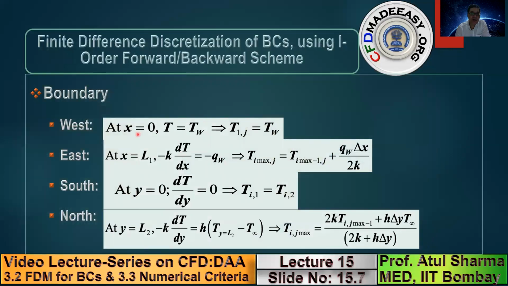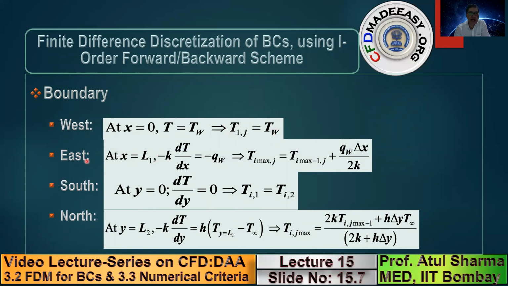So at the left wall, which is the west wall, which corresponds to x equals 0, temperature is Tw. So we get a formula where all the blue circles for i equals 1, which corresponds to the left wall, for all j, which will correspond to all the blue circles in the left wall, temperature, this Tw is, let us suppose it's given that it is 100 degrees centigrade, then you put here 100. That way you give value to all the blue circles on the left wall.